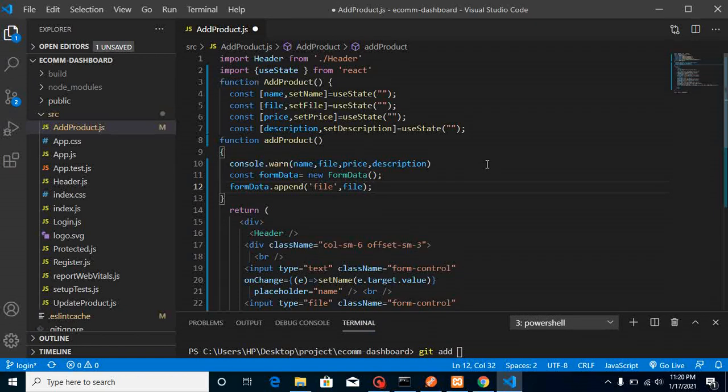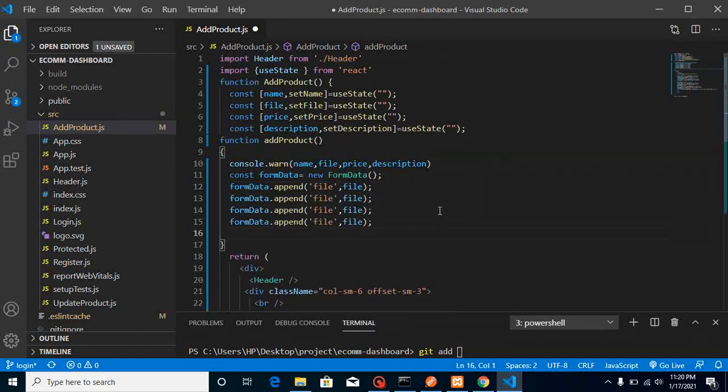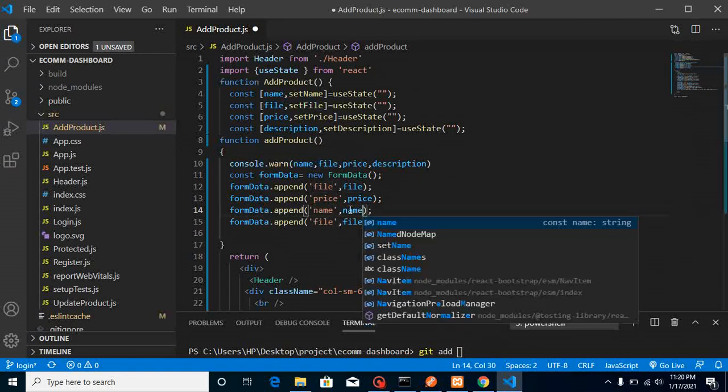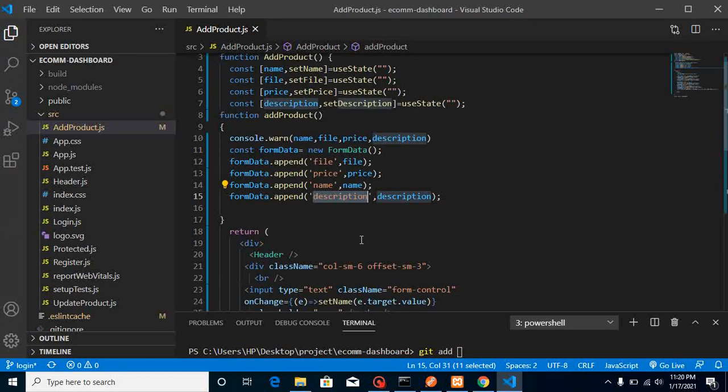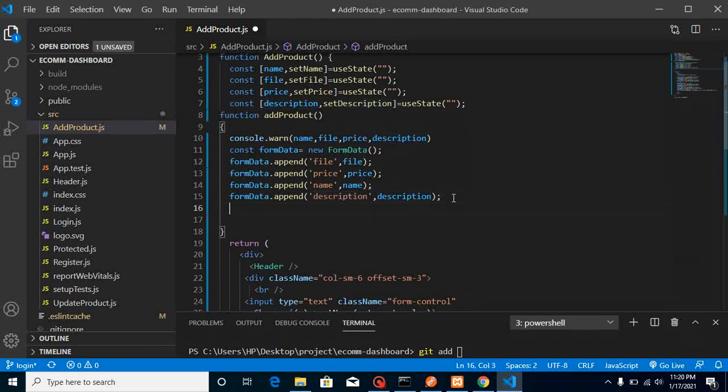In a similar way, let me add three more fields like price, which is our state name, and name state, description key and description state. Right,